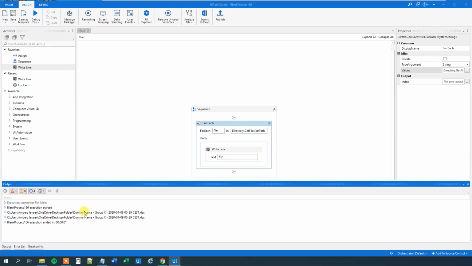So if you want all files starting with this, you can just skip the next couple of minutes, because we'll create a solution that will only take today's date. And what we'll do here is that we will need to get the date in the format of the year here. Then